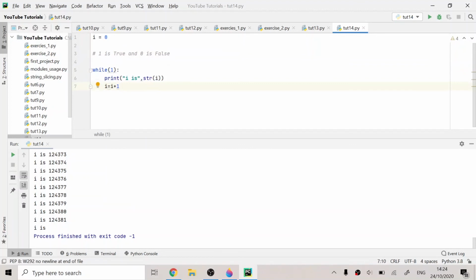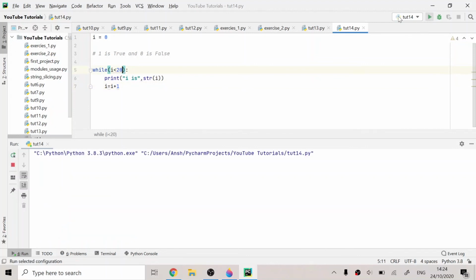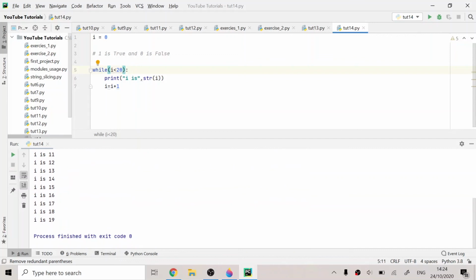And this is how the while loop works. I'll just add 20 as the condition, and if I run this again, as you can see, it has printed from 0 to 19. And if I put I is less than or equal to 20, as you can see, it has printed up till 20. So that's how the while loop works. It is not similar to the for loop, but the machine code for both loops boils down to the same method, but I won't go deep into it. So this is how the while loop works.